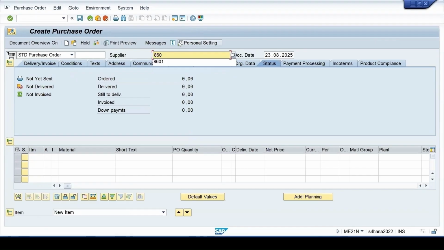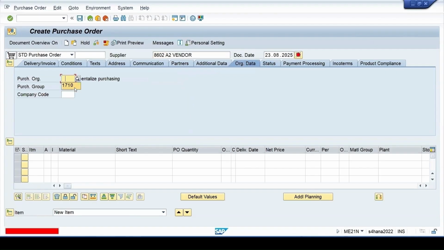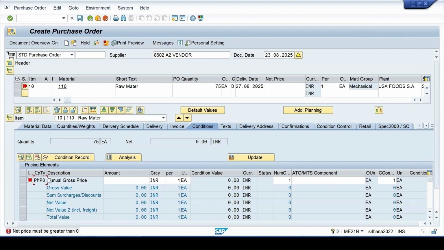There is one more vendor with the number 8602. We have a quality info record for one, not for two. Let me try to do the purchase transaction for the same material where the procurement is activated, and I want to buy the material from another vendor.